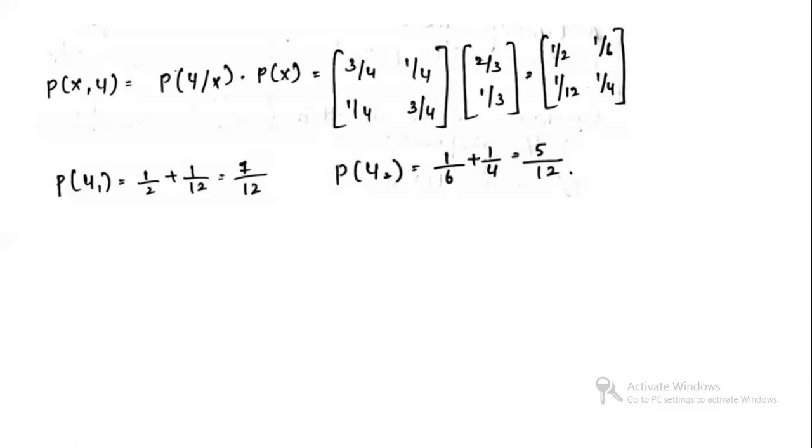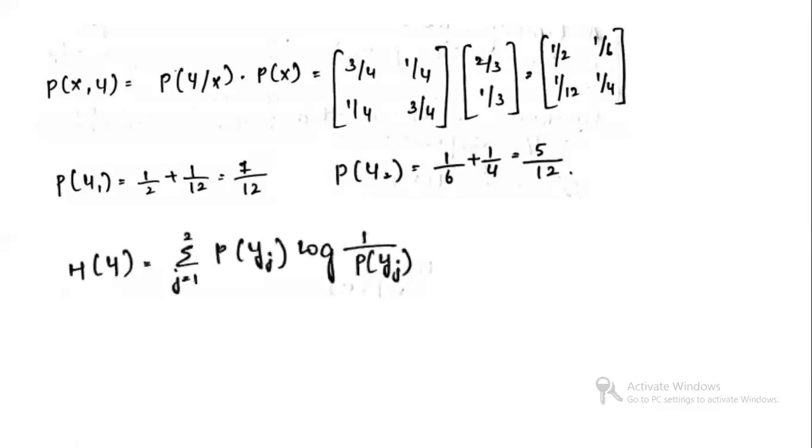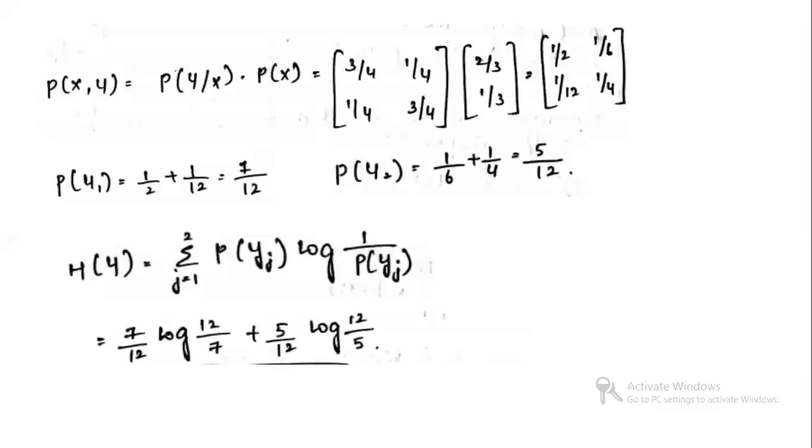Now we have the joint probability matrix, the output probability values, and the input probability values. From this, we can now calculate the output entropy value. How will you calculate that? Using the formula H of y equal to summation j equal to 1 to 2 p of yj into log of 1 by p of yj to the base 2. So substituting these two values, that is 7 by 12 and 5 by 12, in the equation, we get H of y as